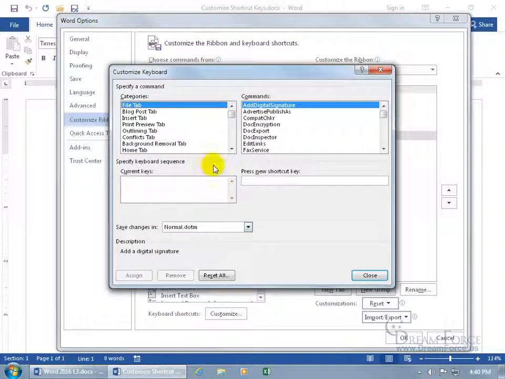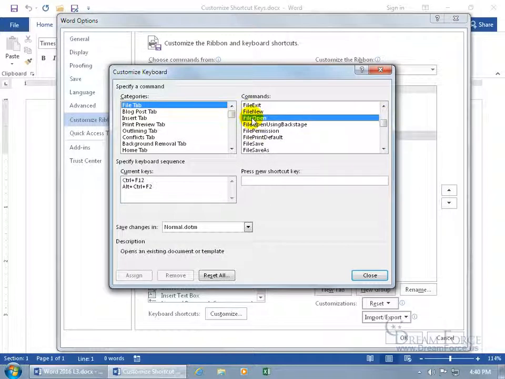Click on it, and on the left hand side it has a bunch of categories like the File tab. On the File tab over here, you have a bunch of commands. You can scroll down and find one that you would like, File Open. It's got quite a few keys that are assigned to it already, like Control F12, Alt Control F2. How about if I add my own, like Alt Q? And then you can see down below it's currently unassigned. So if I want to assign it in addition to these current keys, let's click Assign,